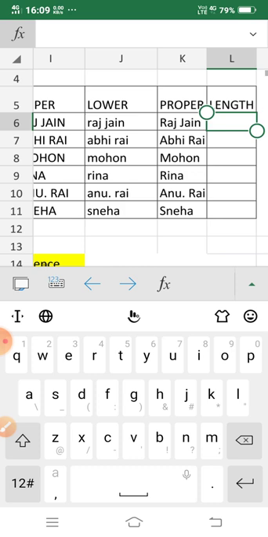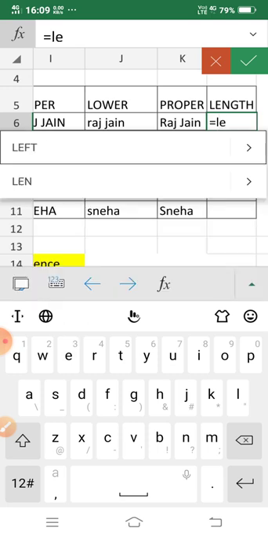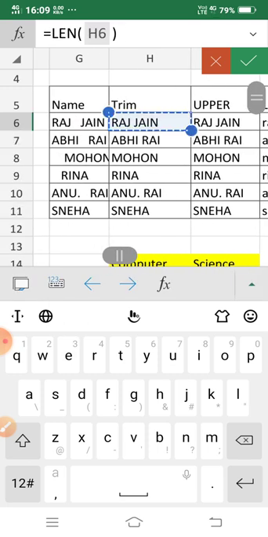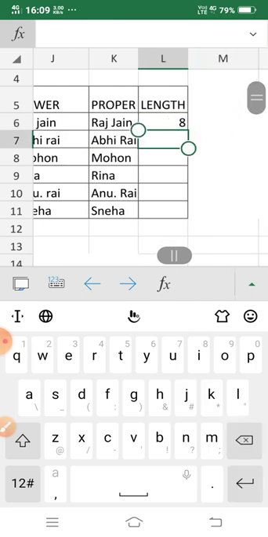The next one is length. Length gives the total length of a word, and one more thing, it also counts space as a length. For this we first give the formula equal, then length, then select the text, and then enter. See here, it gives 8.